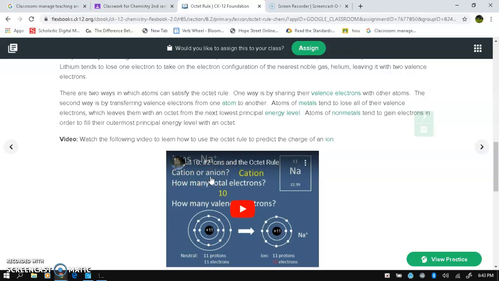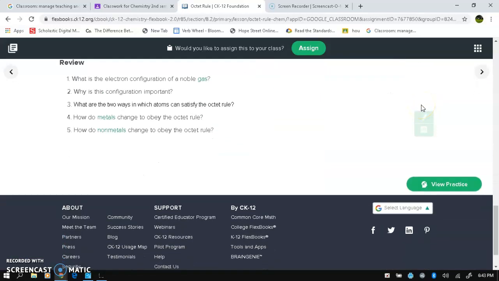It's not cation, it's cation. So kitty cat and ion. There's a T in the middle of this, so that means that it's positive. And anion is negative. So we'll be reviewing that next week.